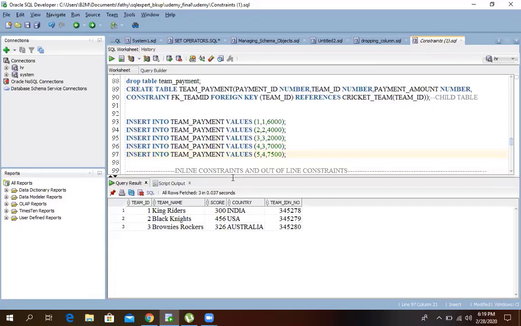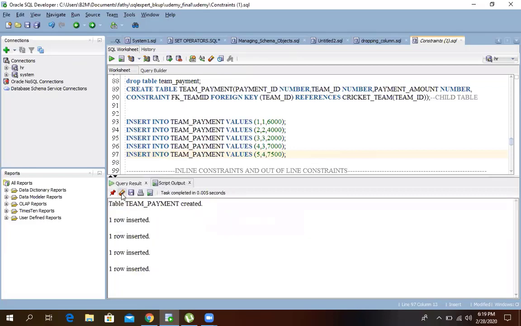So what about the last one? This one won't work. It won't work because parent ID 4 doesn't exist in the parent table. So what type of error will come if I execute this query? What error will come? I think missing... missing parent. Try to search for that.